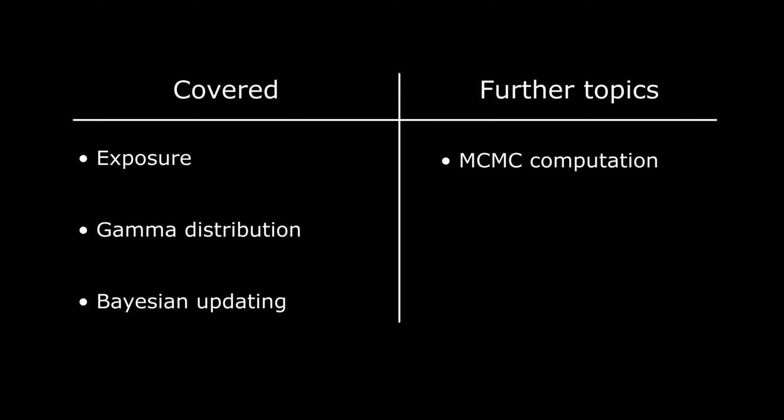The gamma prior distribution is commonly used in Bayesian analysis. It serves as a conjugate prior for various models and is a flexible distribution for describing positive parameters. We examined how the shape and rate parameters of this distribution change its characteristics and their interpretations as counts and exposure. We also saw how a belief, represented as a prior, is updated in light of new data. As we observed each site, our belief about the rate changed significantly, transitioning from a broad prior distribution to a much narrower posterior distribution.